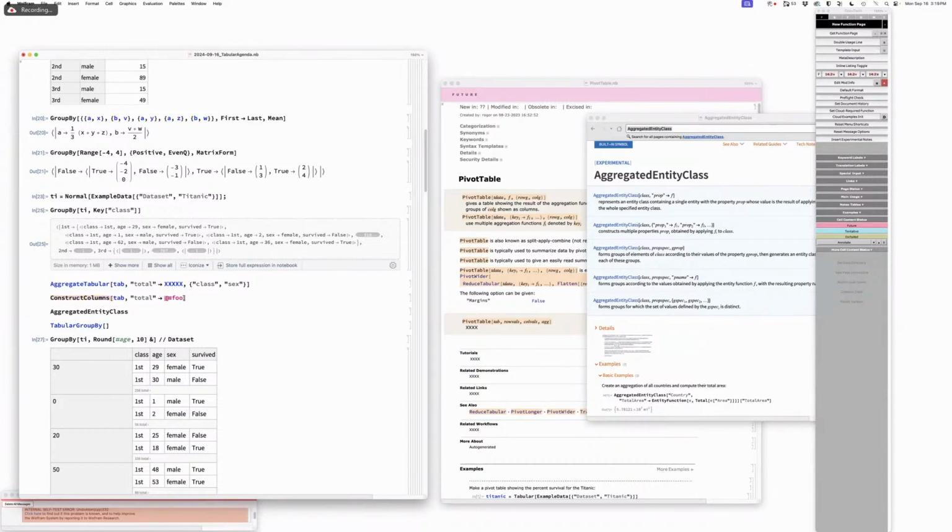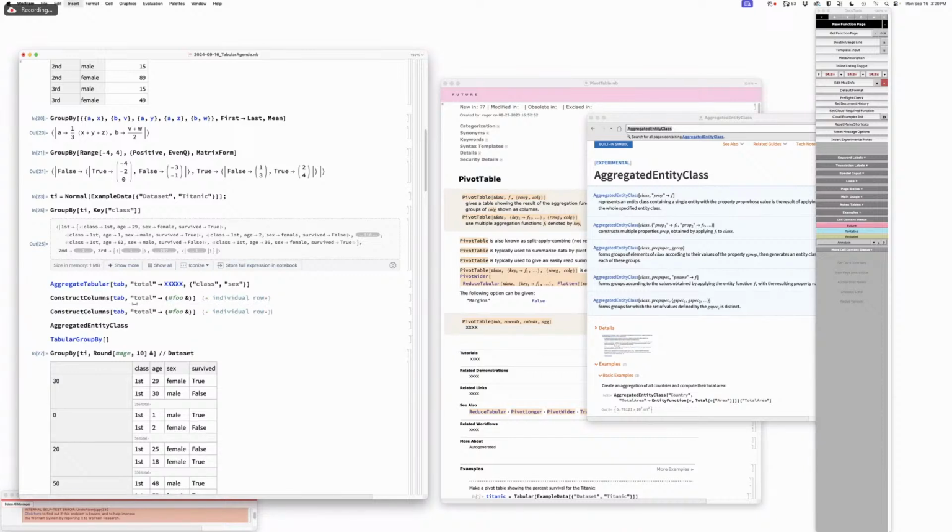See, the function is being fed, I know it's being fed the individual row. In construct columns, yes, that's correct, it's being fed an individual row. Right? Whereas the corresponding aggregate tabular case,